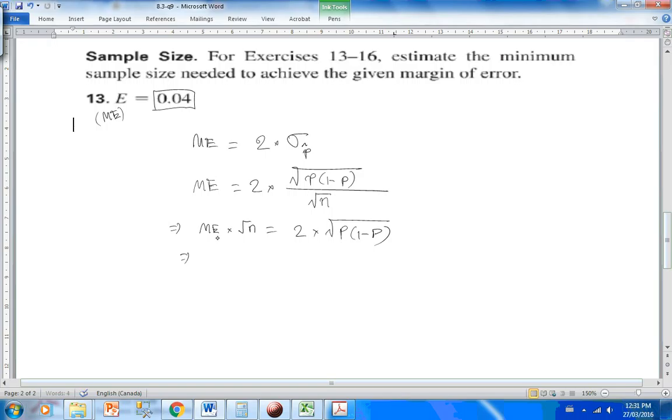Then if I divide both sides by margin of error, I get square root of n is equal to 2 times square root of p times (1 minus p), divided by margin of error. And that simply means, if I take squares on both sides, then